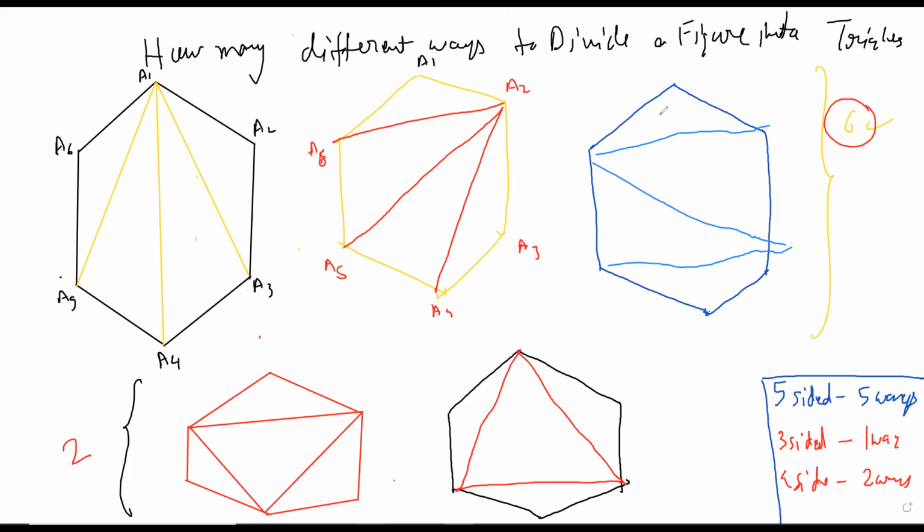And how many are there of this type? So this type, no, don't do this. No, so don't cross it. If you cross this, then that's not counted. You remember, we want to divide the figure without overlap. See, this is already divided, right? So if you draw like this, then that becomes a cross. That's not allowed. Okay. So anyway, this is another kind of design, right?